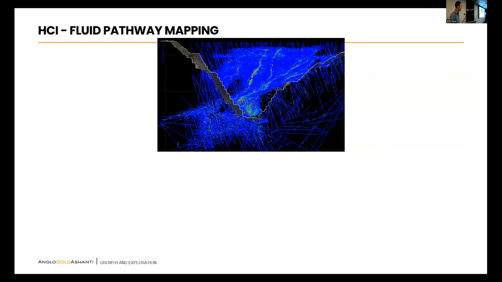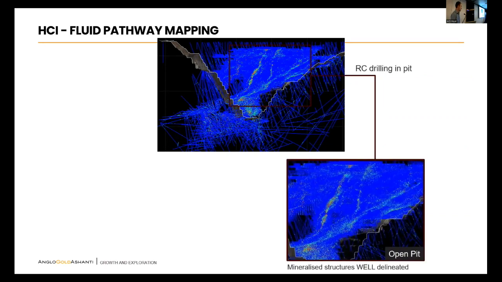So this is a use case at an orogenic gold deposit. It started its life as open pit, as many do. It's since now full-time underground operation. Mapped on this diagram is drill holes coloured by gold. In the open pit, we had regularly spaced RC grade control drilling, and that meant that we could very accurately